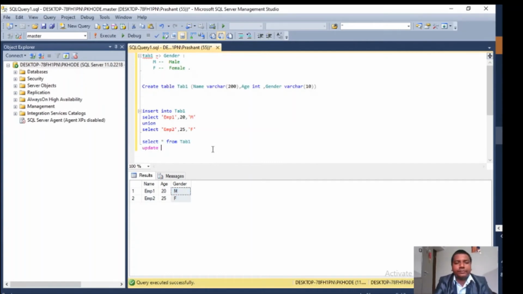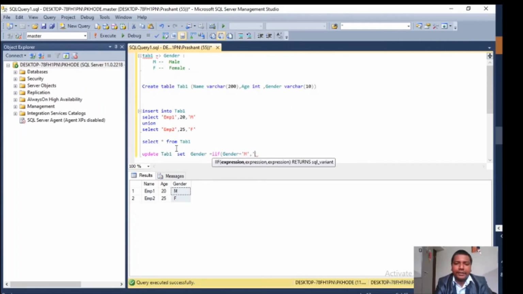Just write update. You want to update the entire table, so take the table name here. Then which column you want to update? I want to update the gender column, so this is gender. Next, the requirement is to update the m to male or f to female. Great. So how do we do that? Basically you need to find a way to determine the value for that column. So if we have multiple case statements, out of that the first is if, here we need to write the gender equal to m,